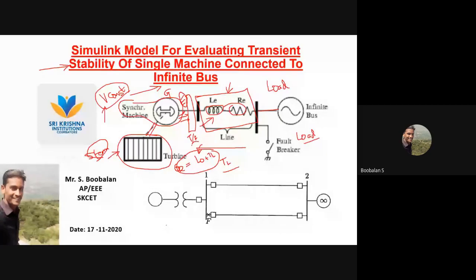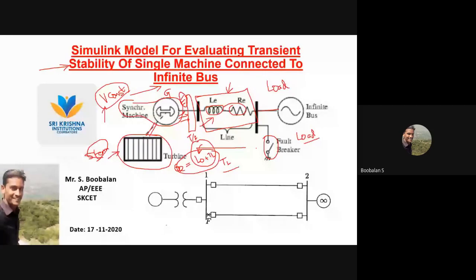Let us take one case. There is some fault occurring in the transmission line. Some transmission line fault, right? So if there is a transmission line fault, on my generator side, what is actually going to happen? Can you guess it? What do you think will happen? Some losses are happening in the transmission line. What is going to happen?